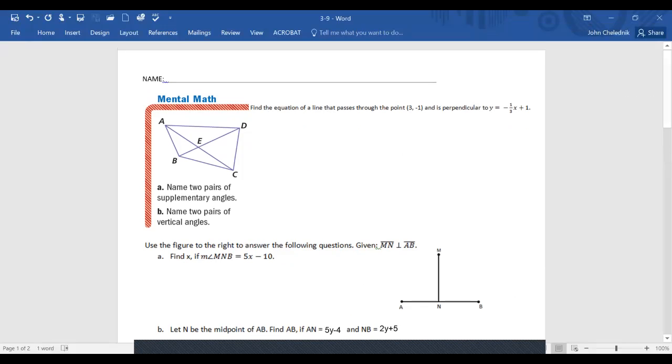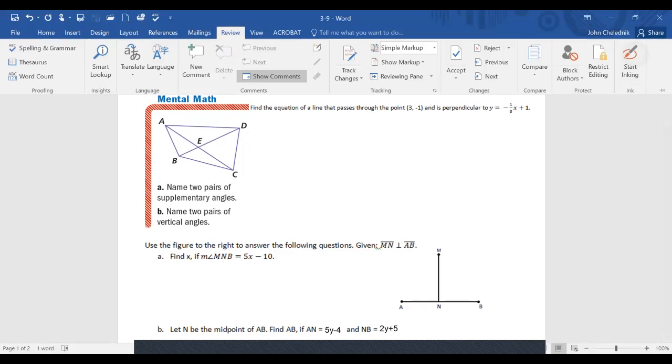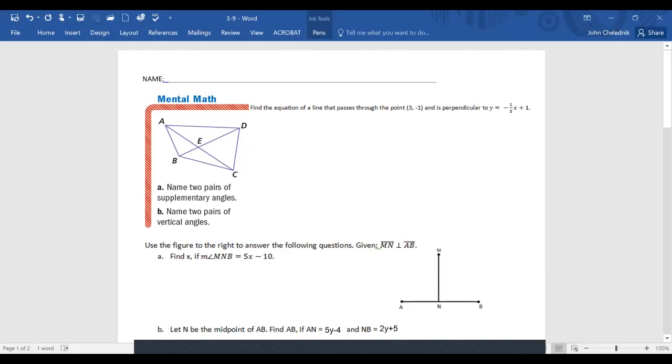It says name 2 pairs of supplementary angles. Supplementary angles are angles that add up to 180 degrees. So one pair of these would be angle BEC and this angle. Those 2 angles together form this straight line, so they're supplementary. So angle BEC and angle CED,